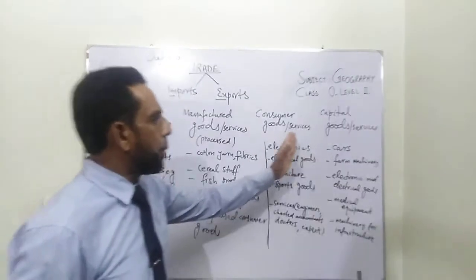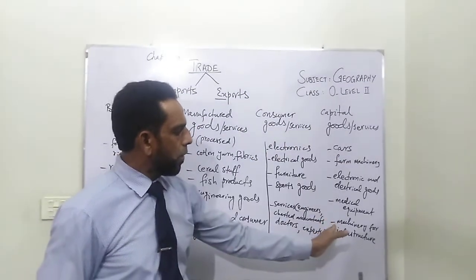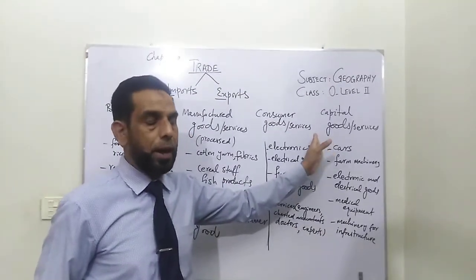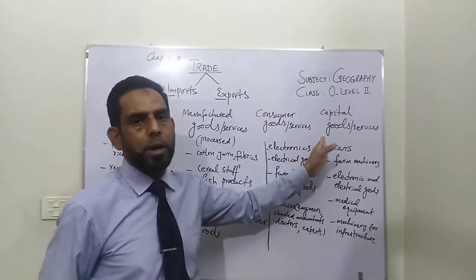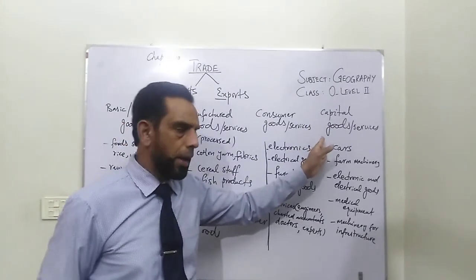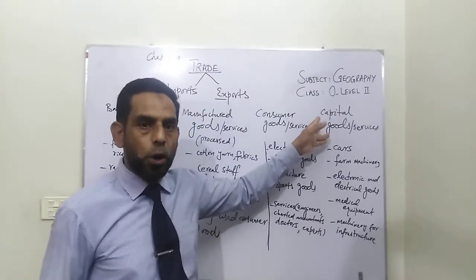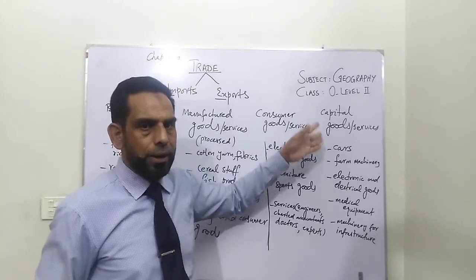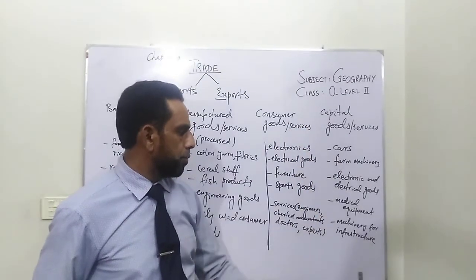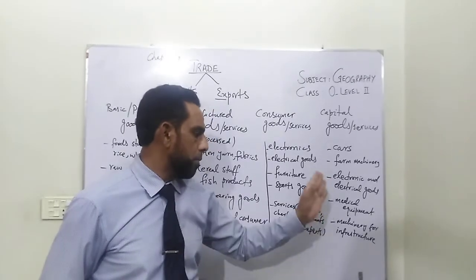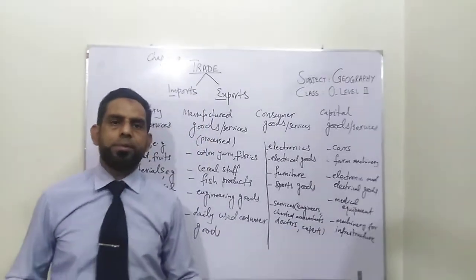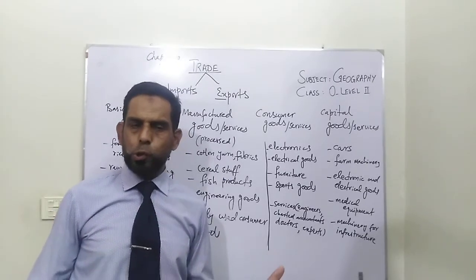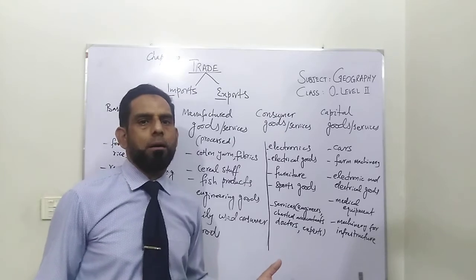As for capital goods, we are not able to produce these yet. However, at some 5-6% we are providing, but much of that need is to be catered from other countries. Like we have to import all that IT equipment, electronics, electrical goods, medical equipment, and sophisticated machinery. As far as transportation is concerned, cars and buses are there. So all that equipment is to be